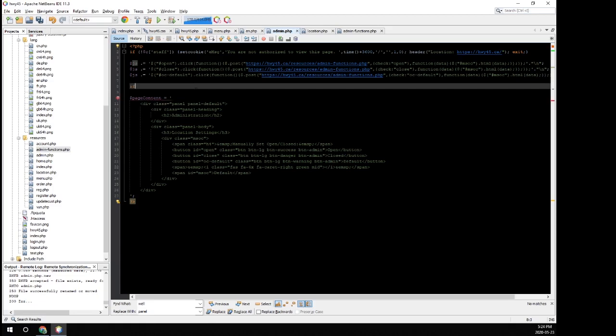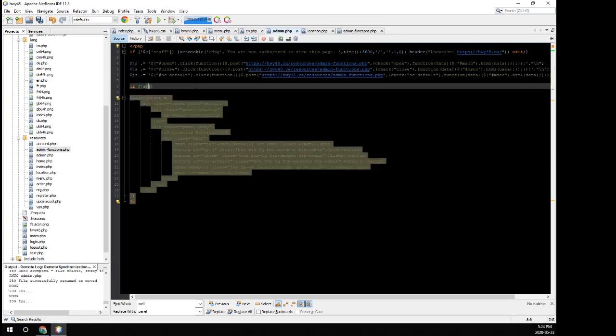So this page, because it's our admin page within our regular, gets the switches the same as the location does. So we don't need to create our S variable, we already have it. So if S square brackets inside the square brackets open,